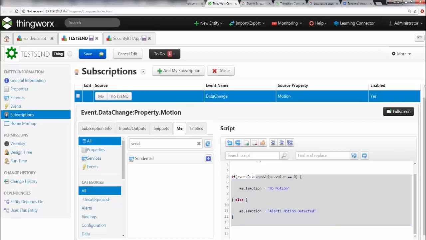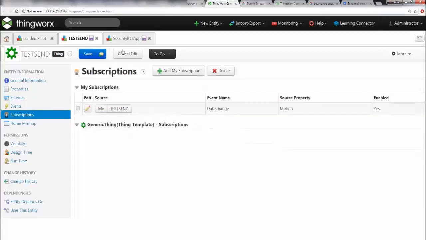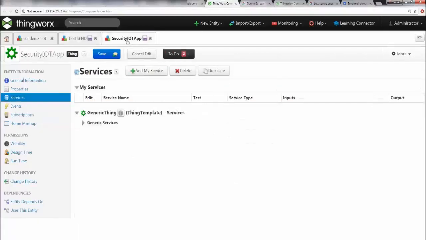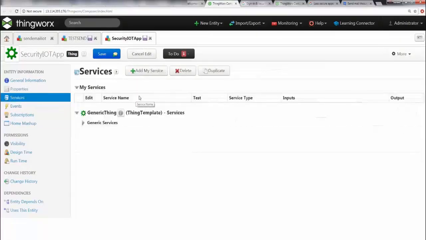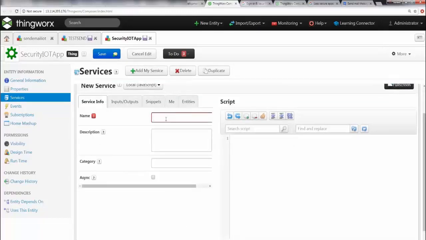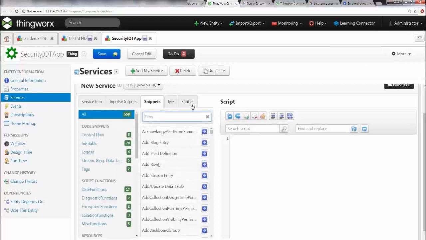So let's X out of here. Let's build it for our own thing. So I'm going to go to my security app, and as you see, we have properties, and we go to services. We don't have any service. I'm going to say add my service. You're going to give it a name. So you can say send mail or whatever you like, and then you can go to snippets, or perhaps actually